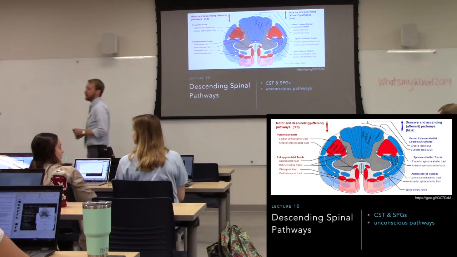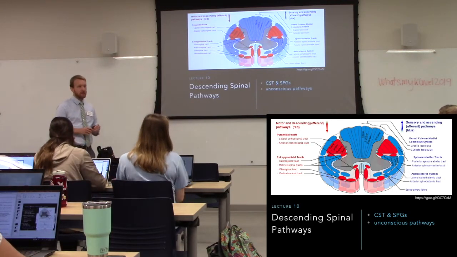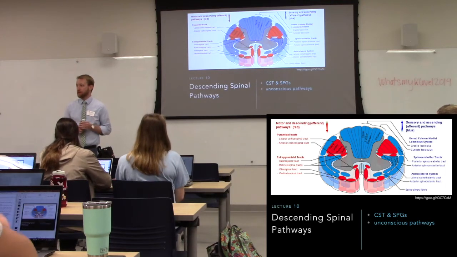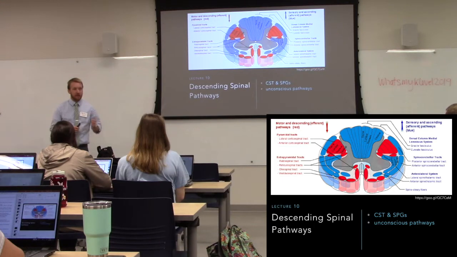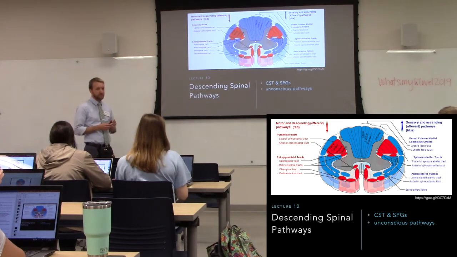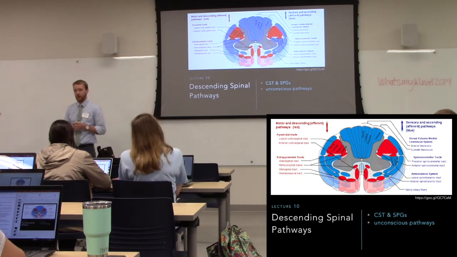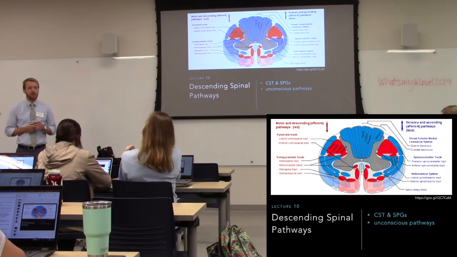So last time was about ascending pathways, those that are going to provide information about what's going on out there in the world, at least somatosensory. So tactile sensation, pain, temperature. The whole purpose of the nervous system is to move our bodies around appropriately in space. So there has to be some sort of motor output in response to this input. That's really the ultimate function of the nervous system, is to move us around. We got to go find food, we got to go find mates, and in order to do that, you have to be able to move